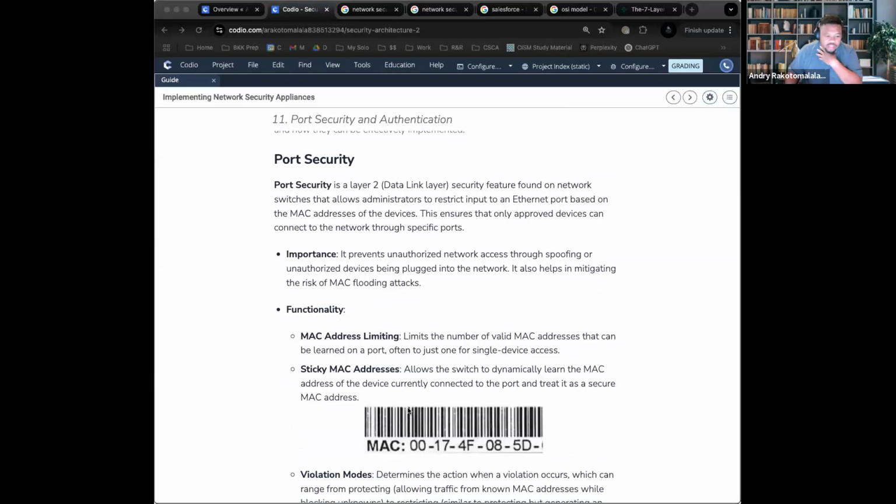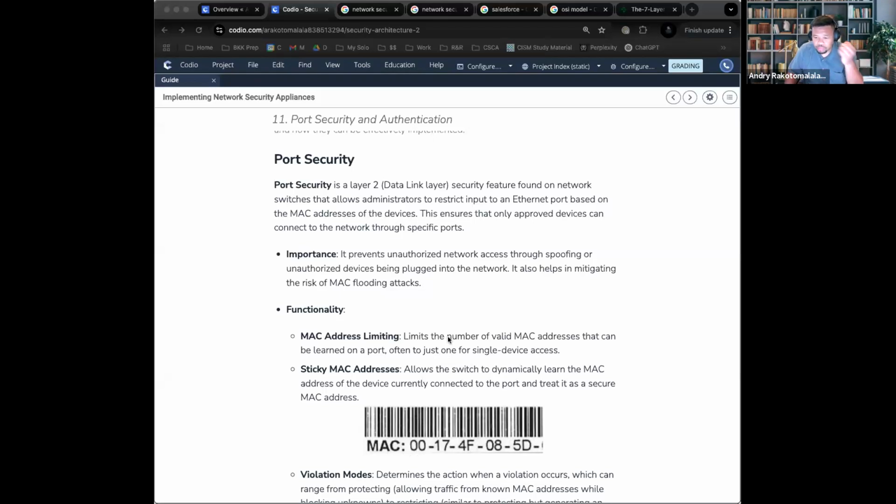Oh, the eighth letter of the alphabet. But it typically looks like this. So the reason why is because each device has a unique MAC address that allows the switch to dynamically know where the device should go, and if a device is allowed to access a certain thing or not.